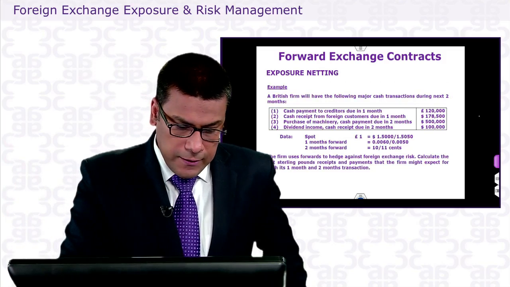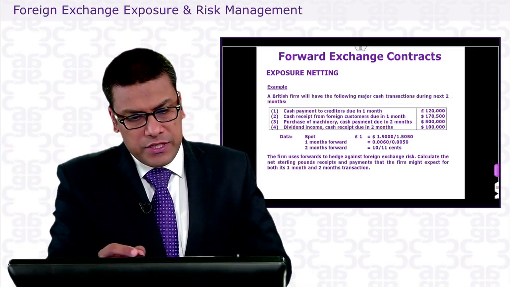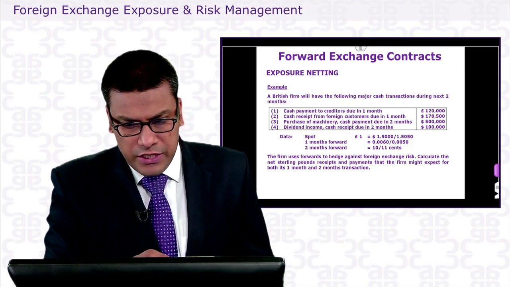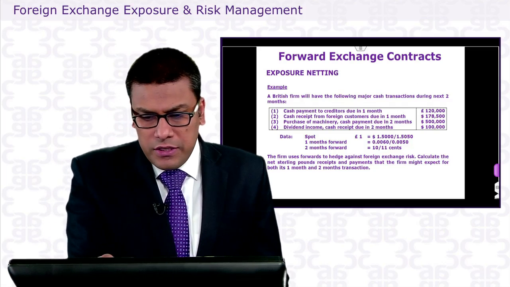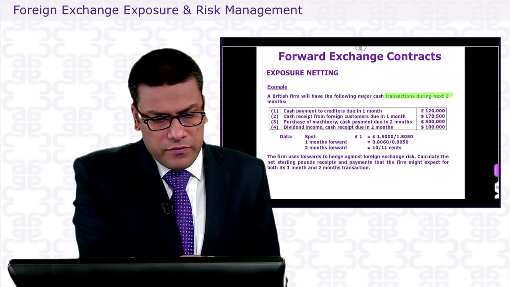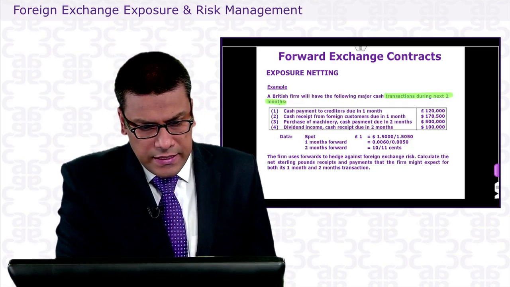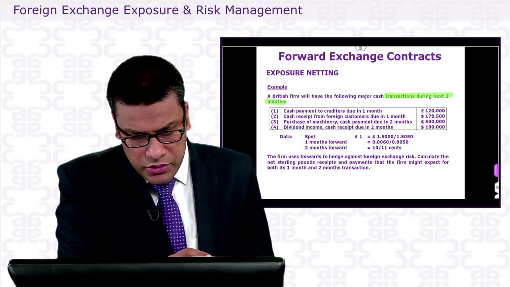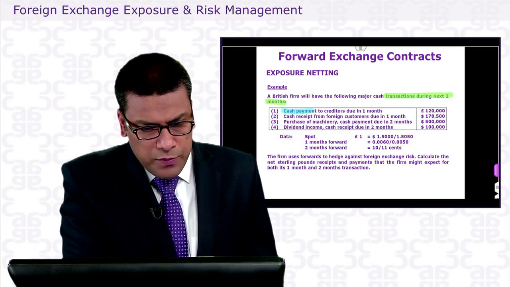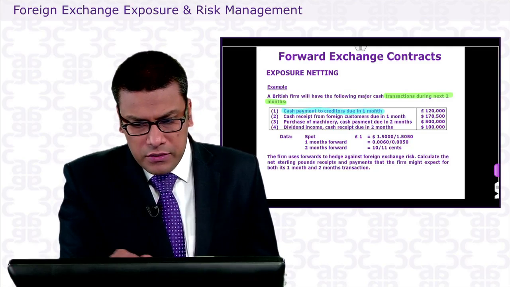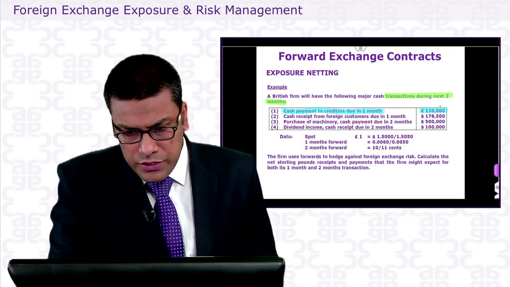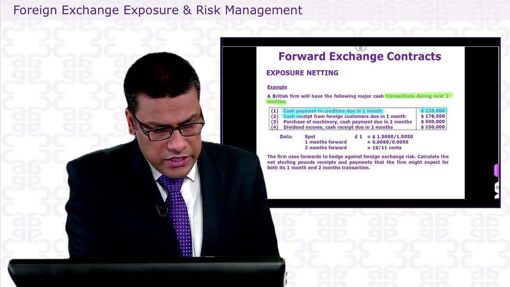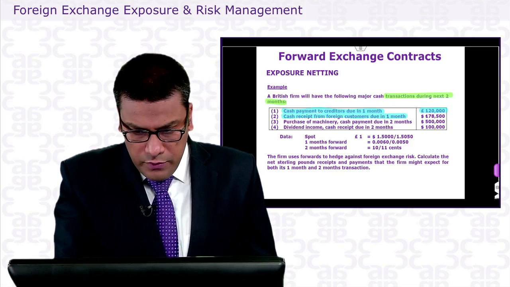Now if you see here, there is a British firm having the following major transactions in the next 2 months. So transactions during the next 2 months are given for this firm. Let me change color to identify the transactions on maturity. The cash payment to creditors is due in 1 month for 120,000 British pounds, and you are also going to have a cash receipt from foreign customers due in 1 month for